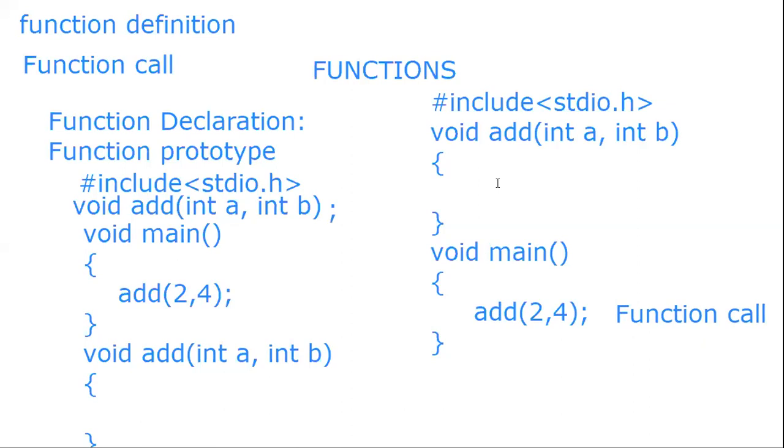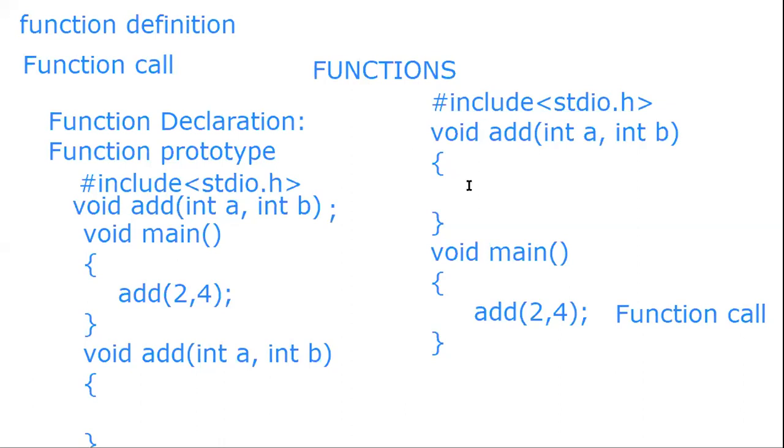Okay. So we have just defined the function. If we don't call, it will not work. Until it is called, it won't work. Okay, so if we call like this, that means we have given first variable is 2, second is 4. It will tell A is 2, B is 4, and then find what total. Okay, so this statement is function call, and this is function definition.